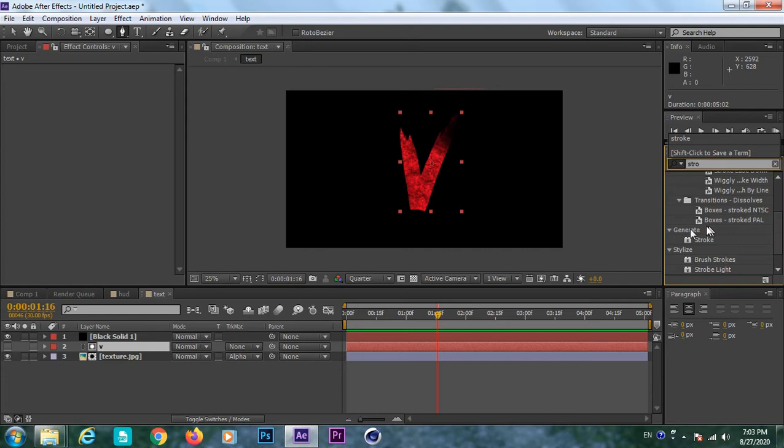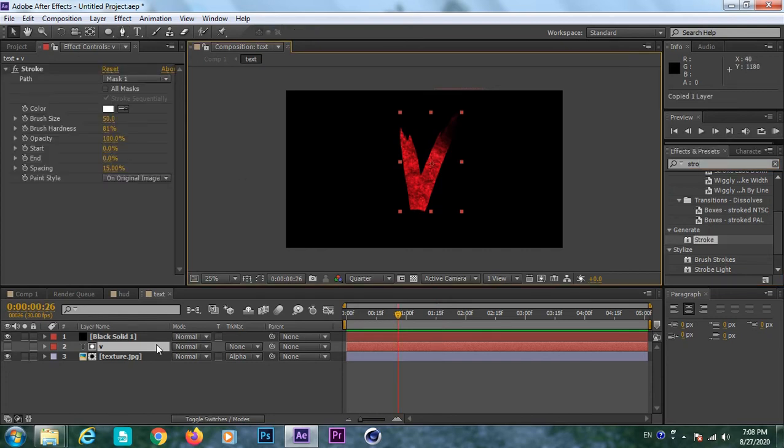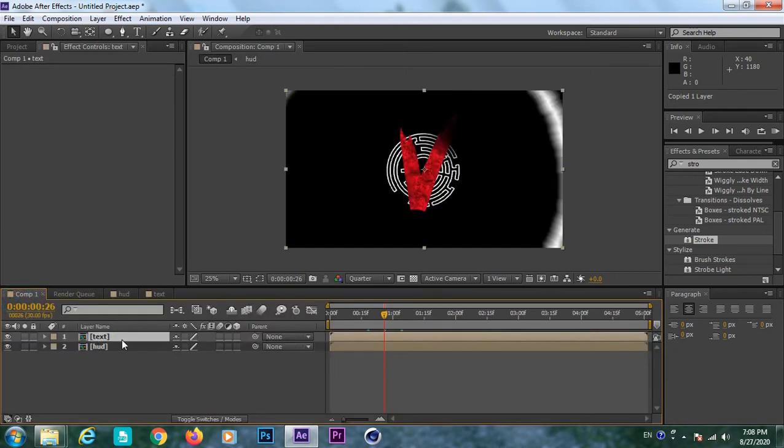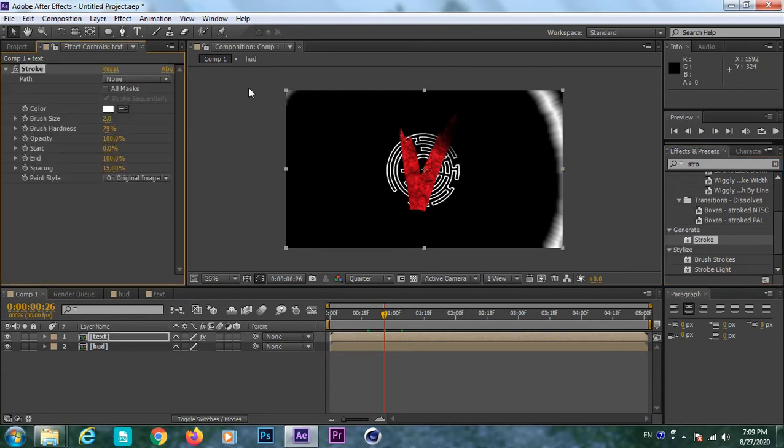This way we can animate the shape of the V. Actually you have seen the trailer, the same as that we can apply. So I am going to the main section and select the text pre-composition and now apply the stroke here. Now actually I have to mask this. Okay, I'll add the path. Okay, V, like a V shape. Okay, I added the path.